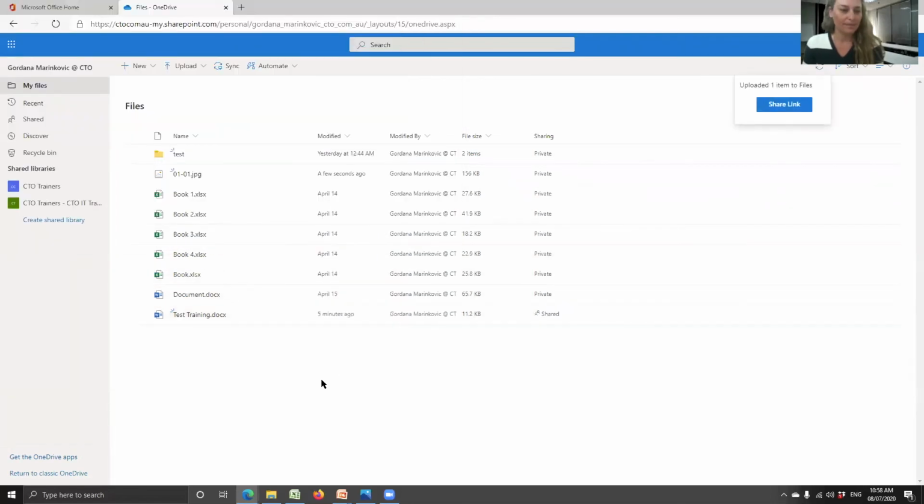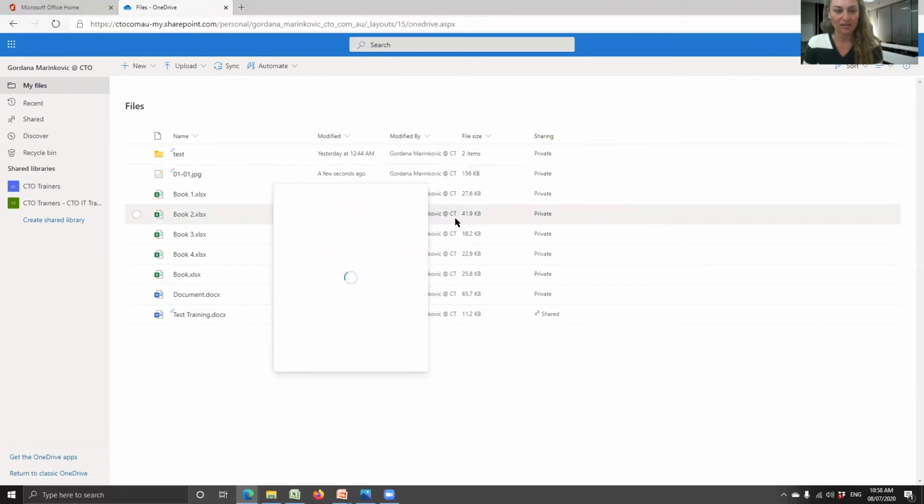And I can upload it. And that way that document has come through. You can see again, it's set to private, but if I decide that other people need access to this document, again, I can share,